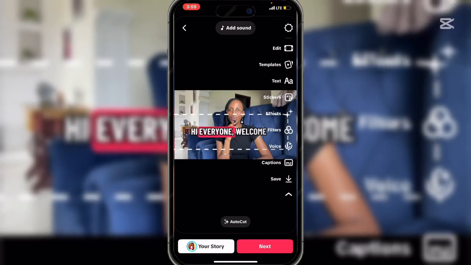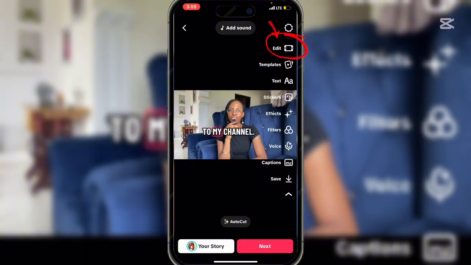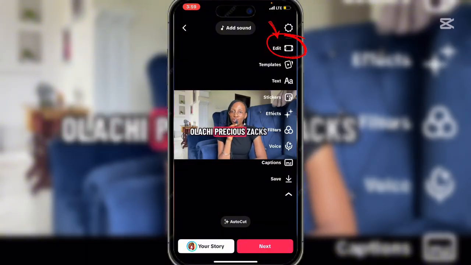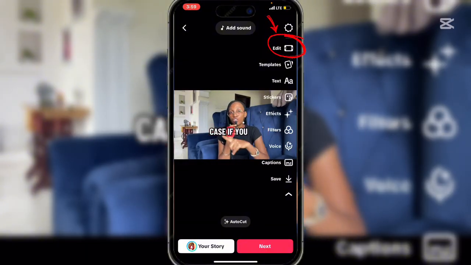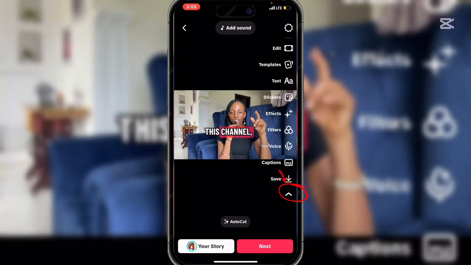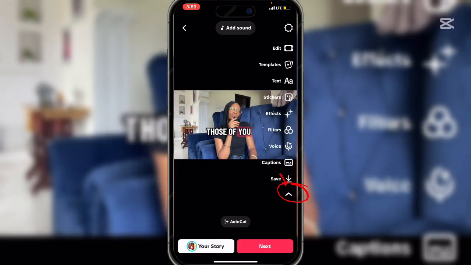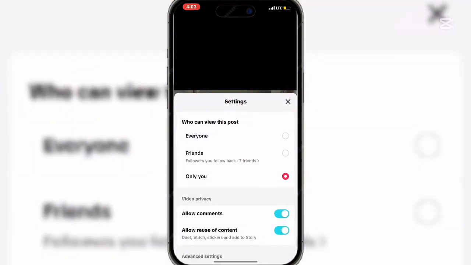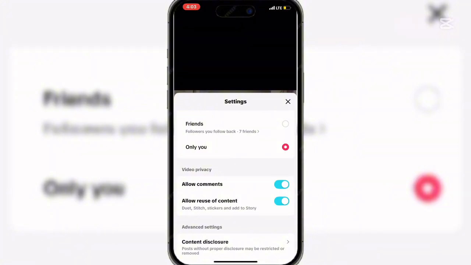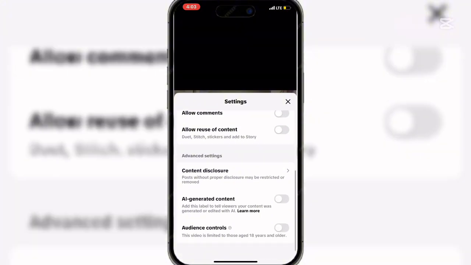So for those whose TikTok is not updated, just click on this place that says edit. Once you click on edit, you will see options for caption, in case you click on the drop down and you're not seeing captions. So next thing you have to do is click on settings. Okay, settings is above that edit. Just make sure that